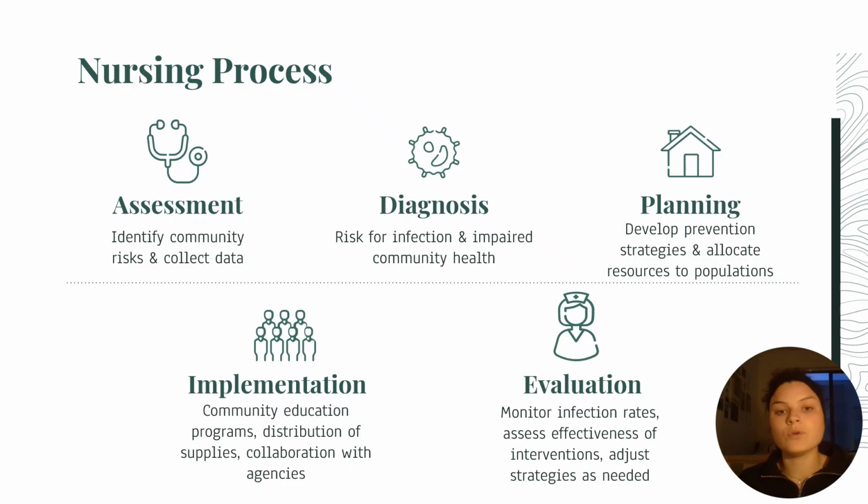First is assessment, where nurses collect and analyze data about the health status of a community. This includes identifying environmental risks like standing water that contributes to mosquito breeding, looking at rates of infectious disease, access to healthcare services, and social determinants of health, such as income, education, and housing. Nurses also identify vulnerable populations and health disparities that may increase risk of poor outcomes, using both the epidemiological data